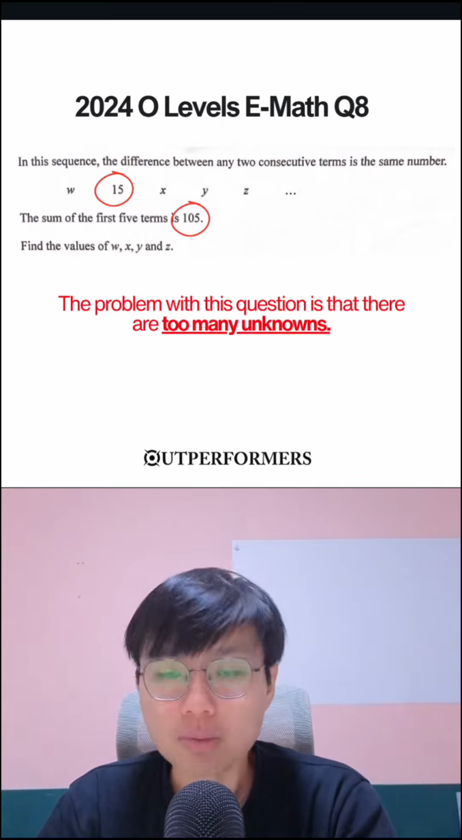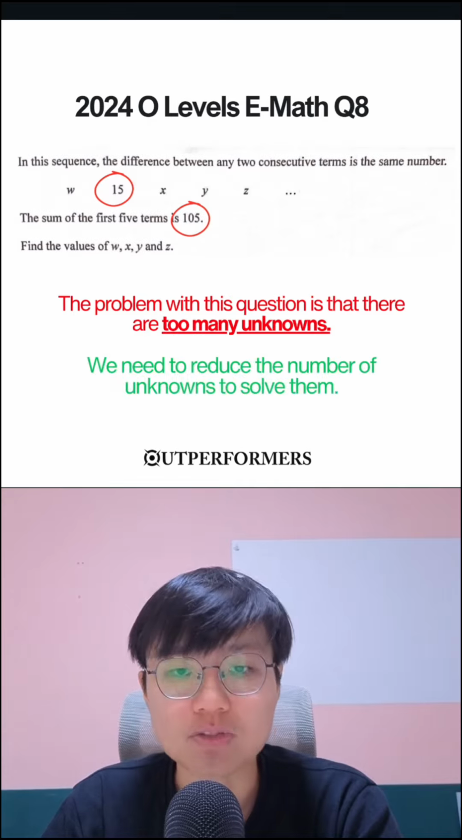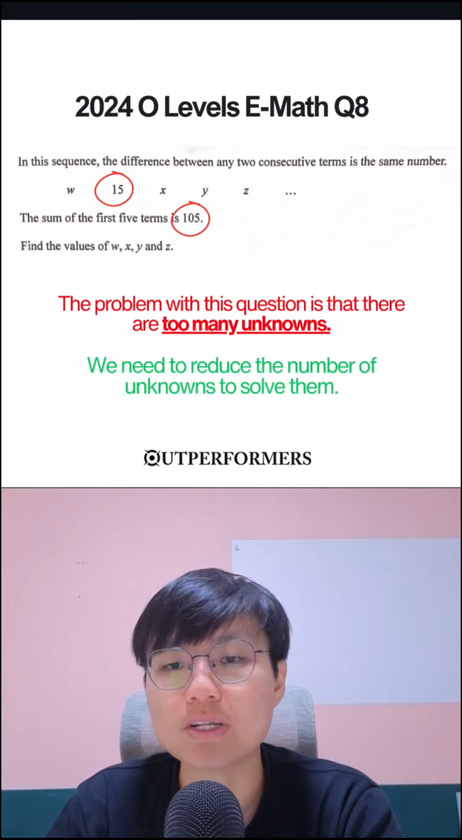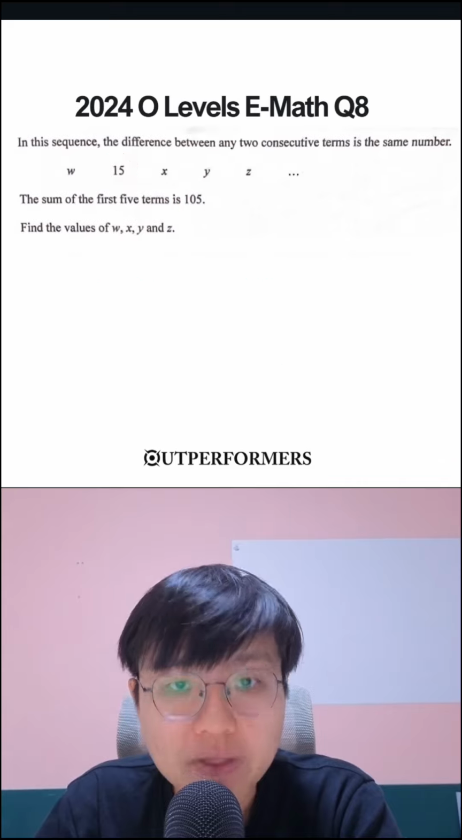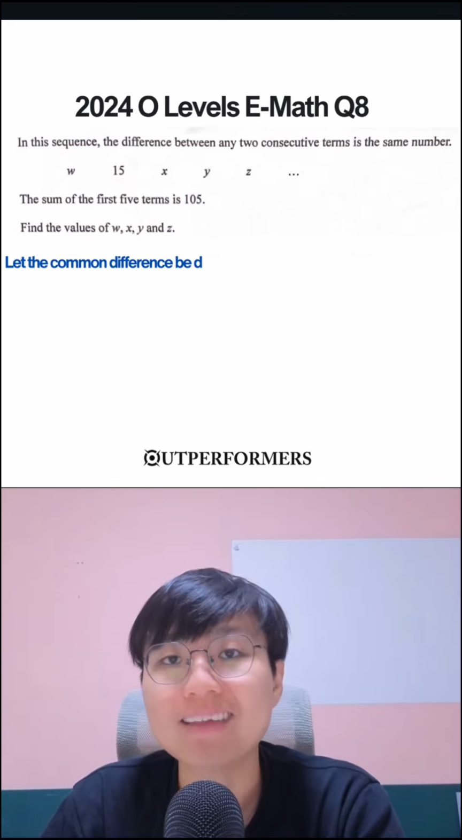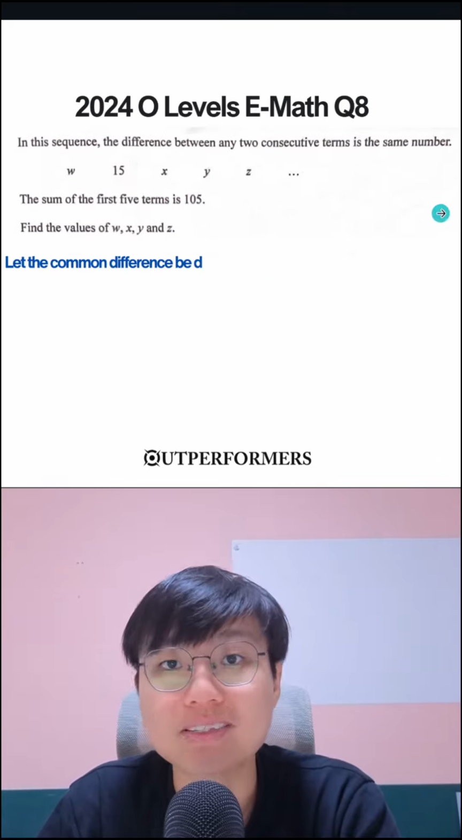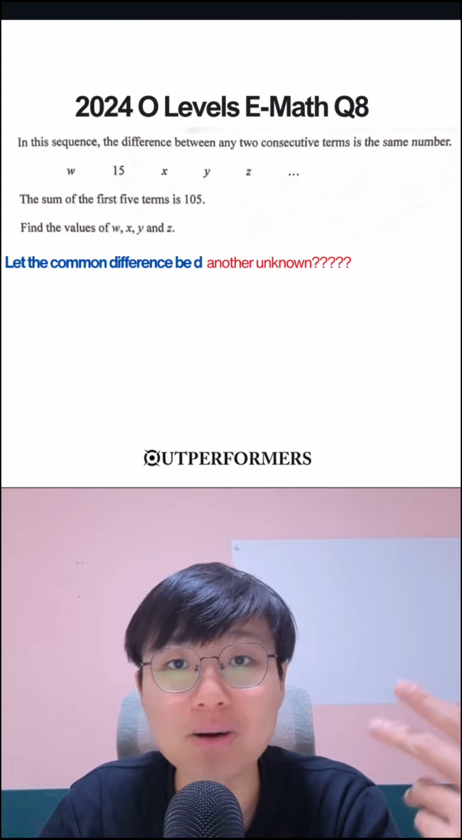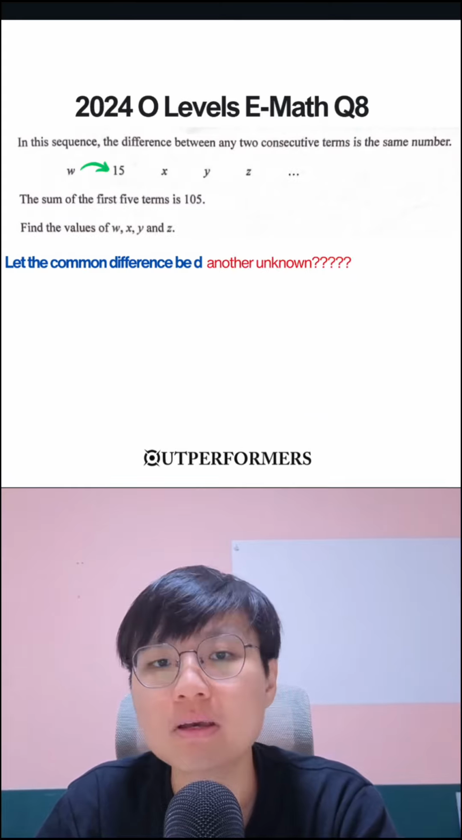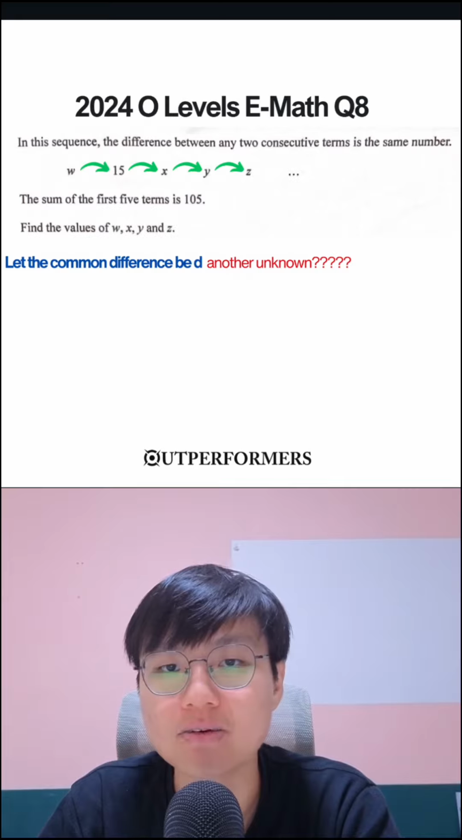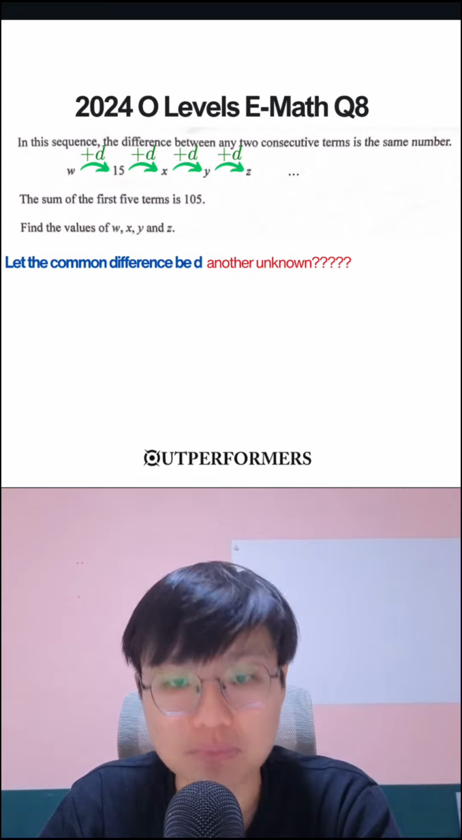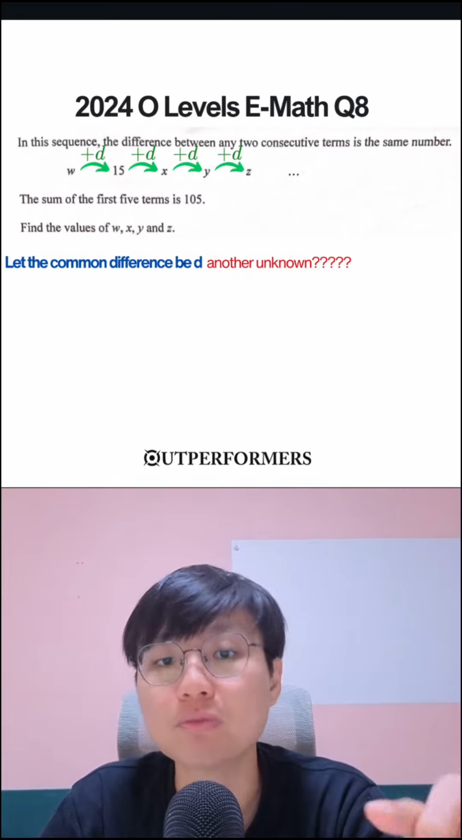The problem with this question is that there are many unknowns, right? And so we have to think about how to reduce the number of unknowns to solve them. So first, I'm going to let the common difference between these terms be D. And you may be wondering, why do I add in another unknown right here? Because by adding in plus D, plus D, plus D, plus D,